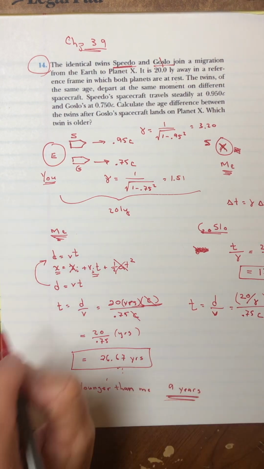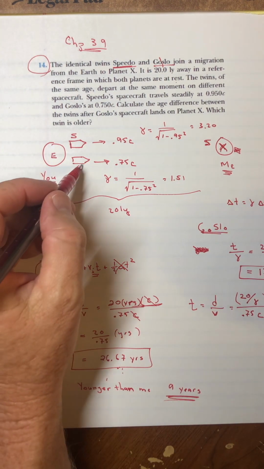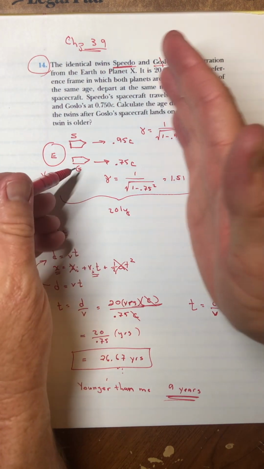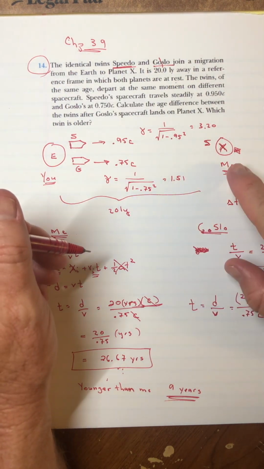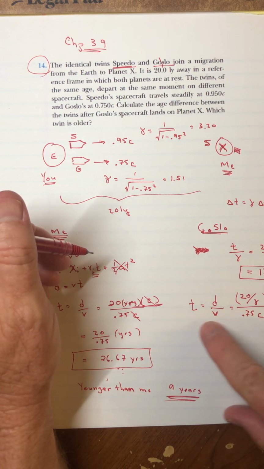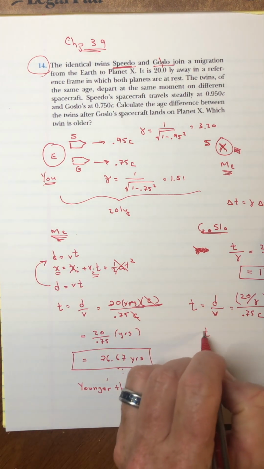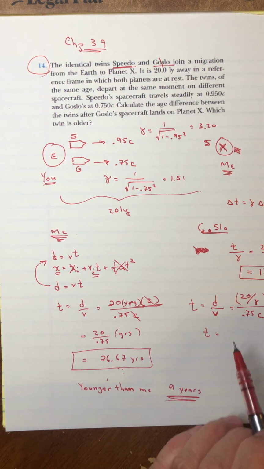And that distance to planet X is still traveling that way, or I guess from Go Slow's perspective, they would see planet X approaching Go Slow at this rate. So there's a shorter distance at the same speed, which is why the time works out. And if you'll notice, that's kind of the same number because we really took the